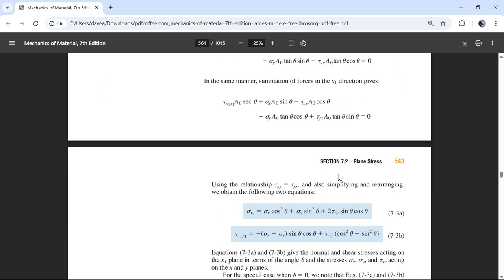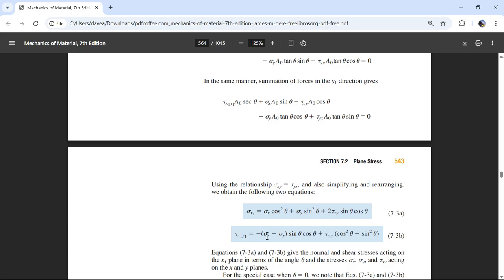So this was going to be positive tau xy cosine squared theta. Getting this to the other side becomes negative tau xy sine squared theta. This is where it was a bummer. This should have been negative to the other side,